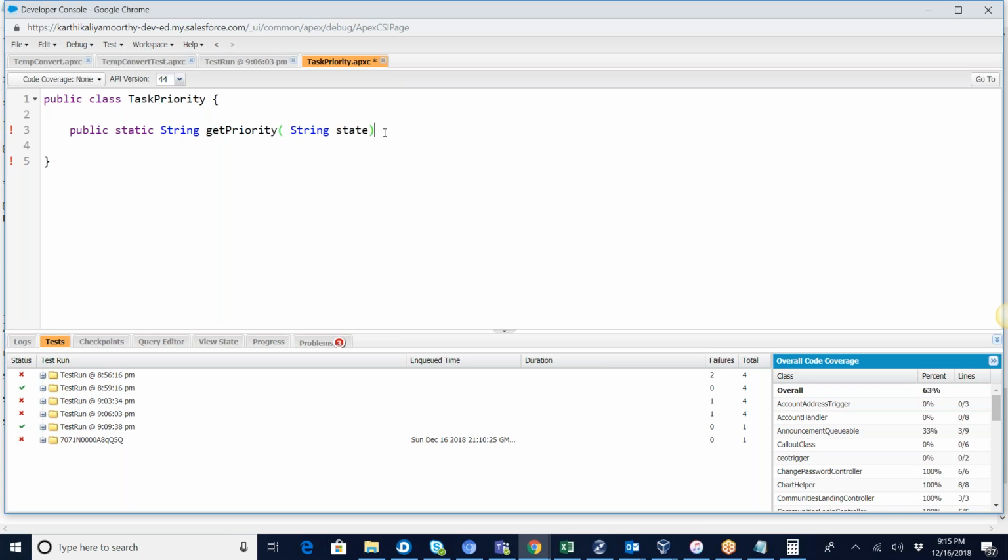Let's even check the valid input. One of the things we can check is whether the input is valid or not. Whatever state comes in, if your state is blank, string dot is blank, or if this,